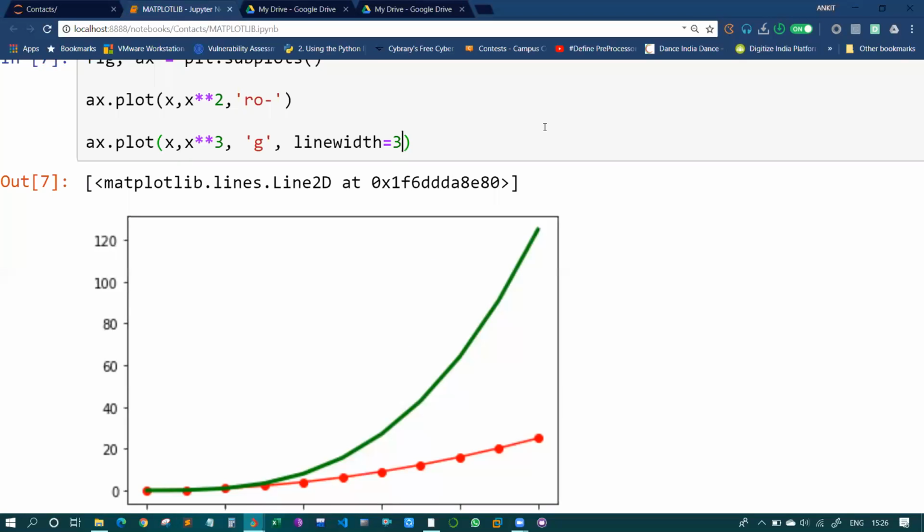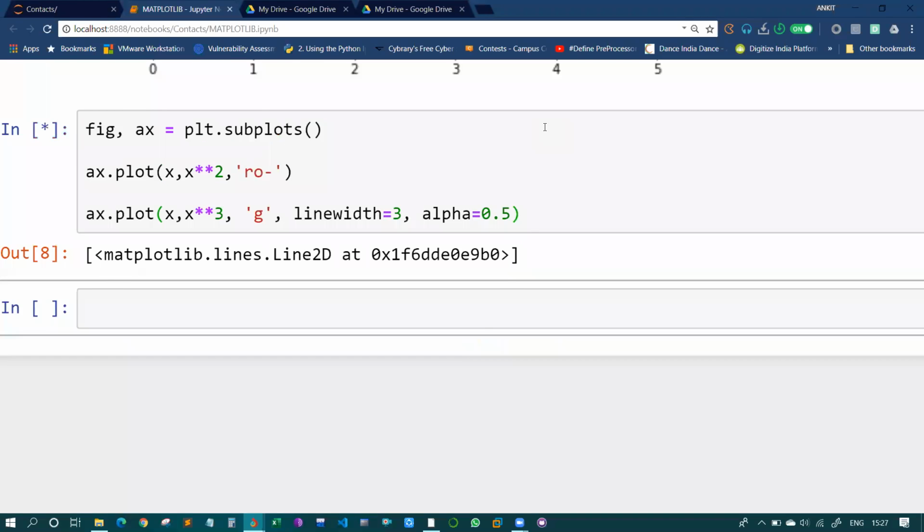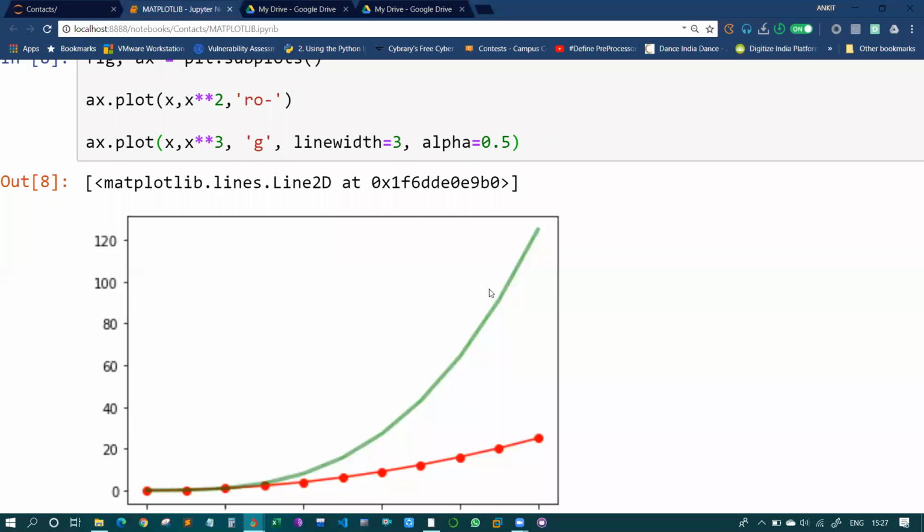So let's add another property, that is alpha. So alpha stands for transparency. Okay, so let's add an alpha. Okay, the value of alpha must range between 0 to 1. Okay, so I think 0 was completely transparent. Okay, let me try it once again. 0.5 means medium transparency. So you can see it is now quite half transparent.